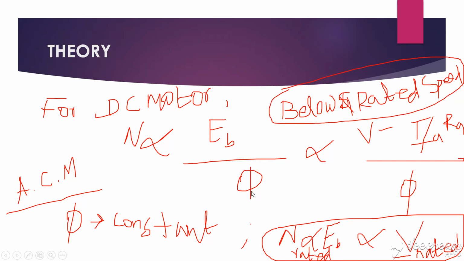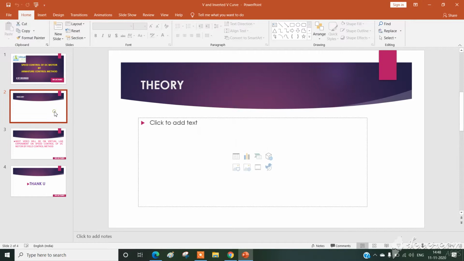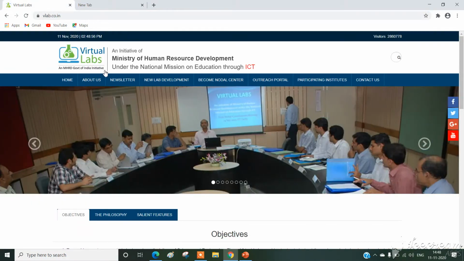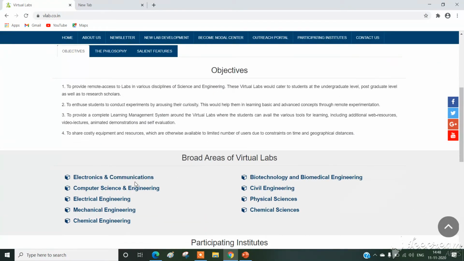Now we will move on to the virtual experiment. Simply in Google, the same procedure, type virtual lab. While clicking on the first link, we get this page.